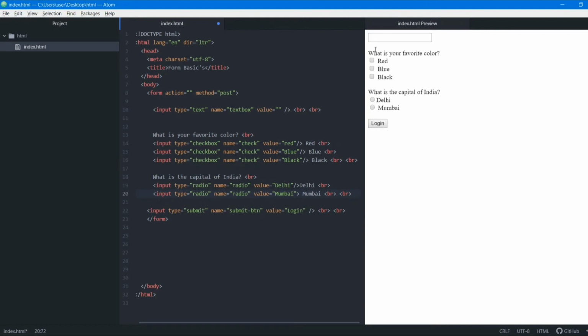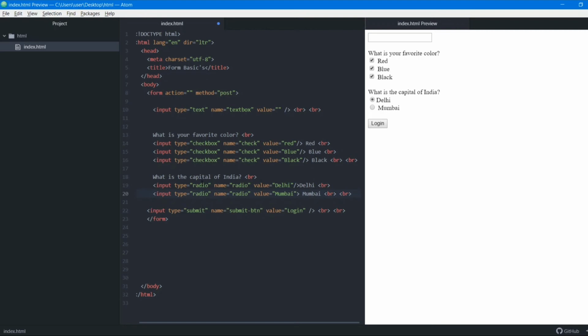Now you can see the difference between a checkbox and a radio button. In a radio button, you can either select Mumbai or you can select Delhi. You cannot select both of them. If you select Delhi, you cannot select Mumbai. If you select Mumbai, you cannot select Delhi. Whereas with a checkbox, you can select both of them, or you can select all three options. So you got the difference between checkbox and radio. These are a few of the type values that we are seeing. Now, where can you use checkboxes and radios? If you want to take input for MCQs from the user, both input types can be used.